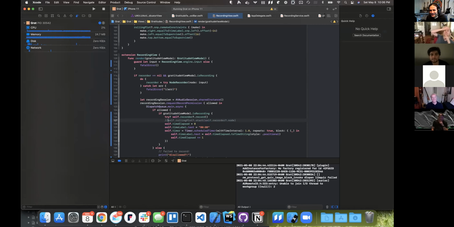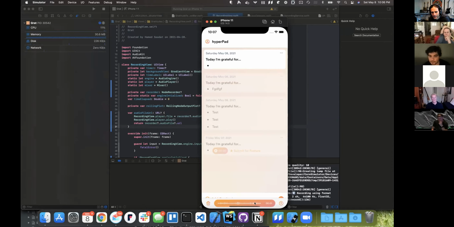But yeah, let me just show you guys. I have this little hack thing right here. When I try to get the audio file, I just try to play it back, and it doesn't play back anything, and that's probably why it's not saving anything either. If I press add gratitude here, and I press this record button down here, you can see my little plot here. When I press this button, it's going to stop recording, and it should have played back my audio,